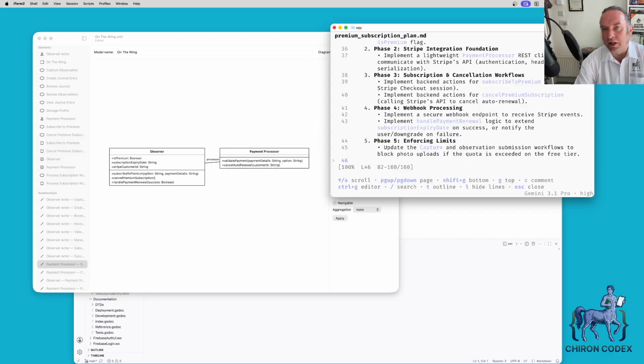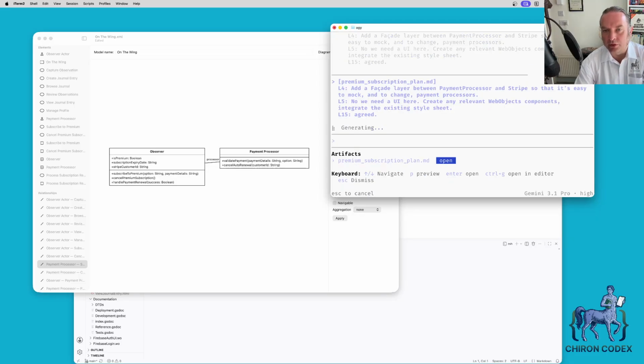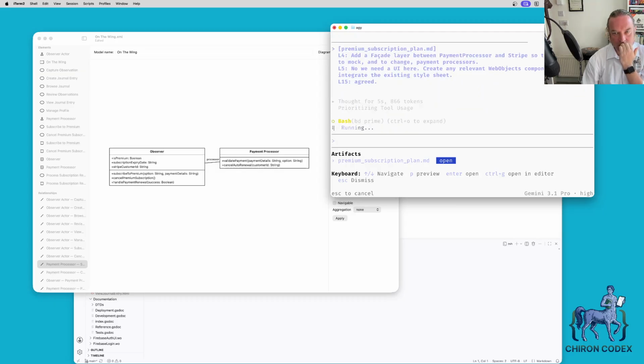Well, this specific phased plan will change because I've told it we need to do a UI. So now it's going to receive those comments and update its plan accordingly. I want to point out here that